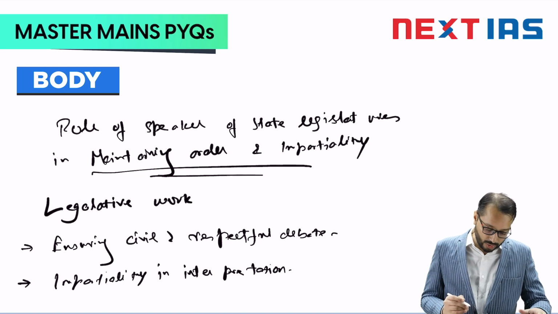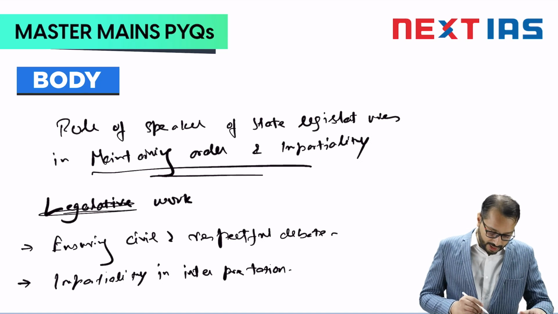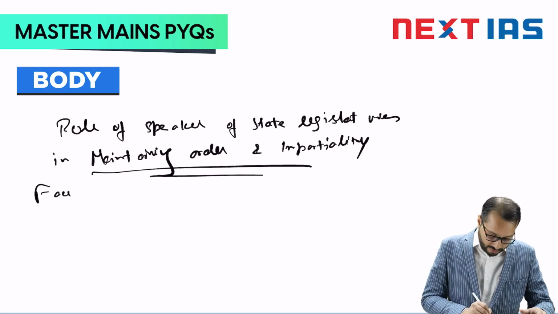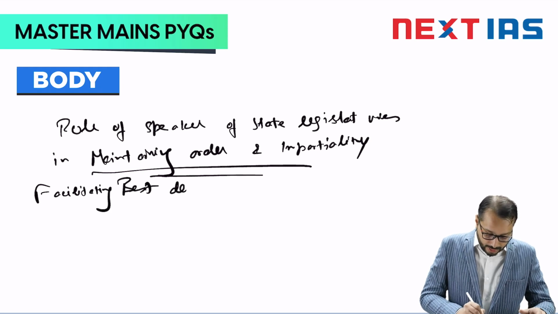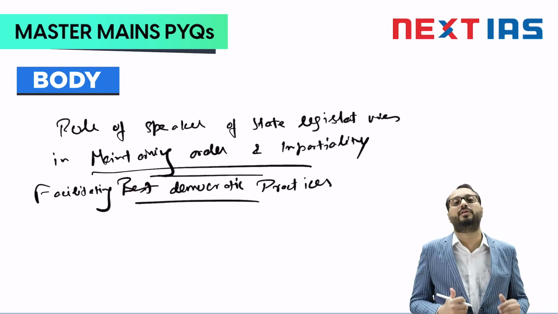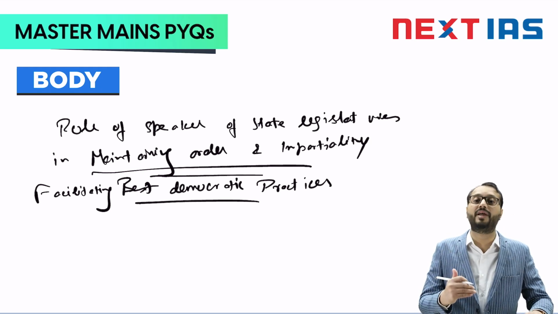Now coming to facilitating the best democratic practices. So this part of the answer, again, you will have to make a heading, a subheading: facilitating best democratic practices, right? So under this subheading, you can again proceed to write on various roles played by the presiding officers,